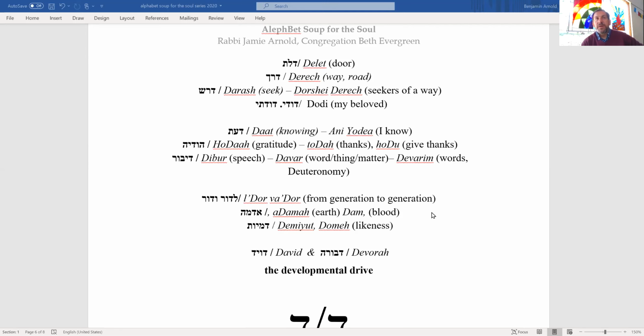The demut Elohim means the likeness of God. So our understanding of that is that we are, as humans, given this innate awareness and innate sort of sanctity, the spark of God, that no one can take away. Every morning it's pure. And we are called upon to strive to be in the likeness of God, to identify